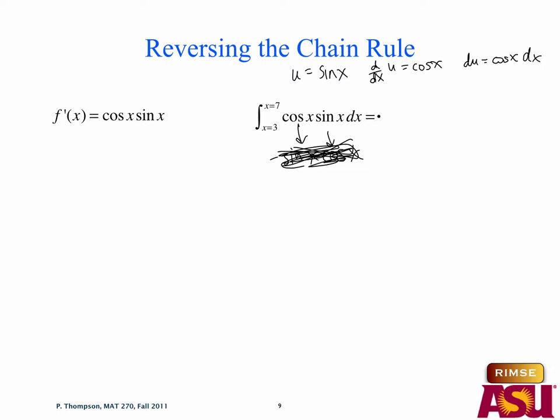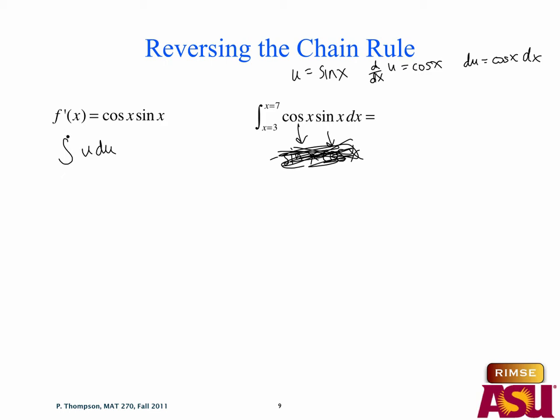Check it out. That means I could rewrite this without the 3 and the 7 as u du. Why didn't I write 3 and 7 here? Right. So notice I made a point of writing x equals 3 and x equals 7. Because if I switch to u's,